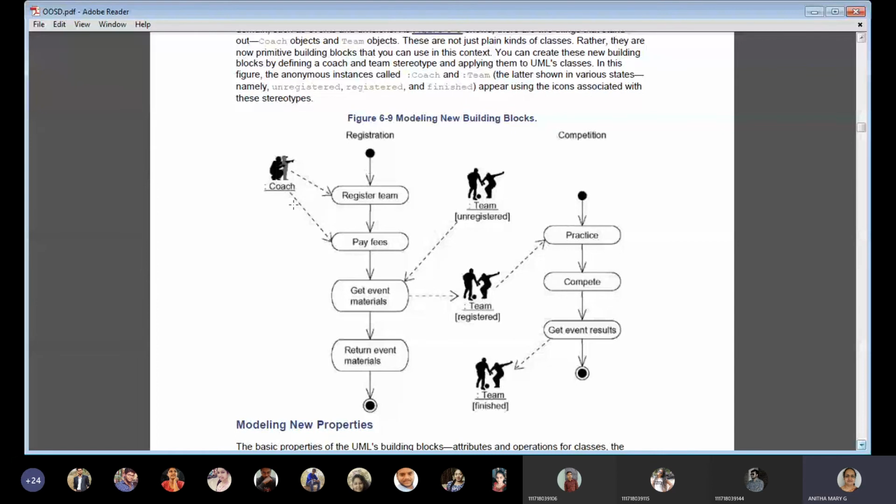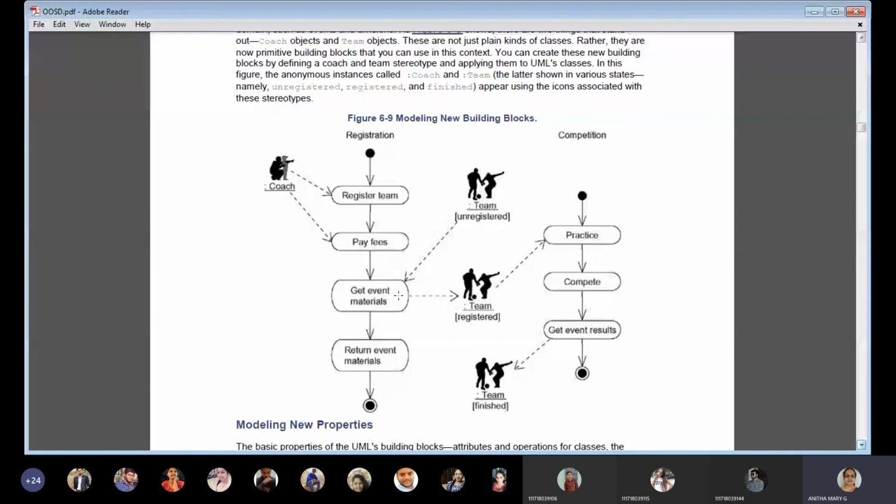So the name is nothing but the coach, and he registers into the team, pays fees, gets event materials from the team, and returns event materials. This is a sequence in some scenario wherein event materials come from the team, and teams are of two types again, unregistered and registered.